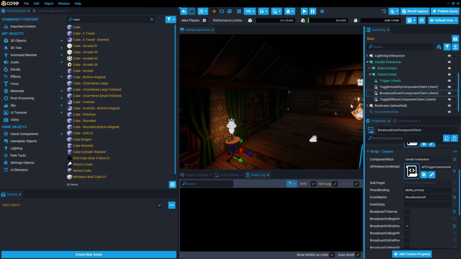The last thing we need to change is that the broadcast from the trigger is no longer going from client context to client context now that we've moved the bookcase out into a networked context. Client-to-client communication uses no networking and is essentially just one client script talking to another. Once you are broadcasting to the server, this is traffic across a network and will be synchronized across all players